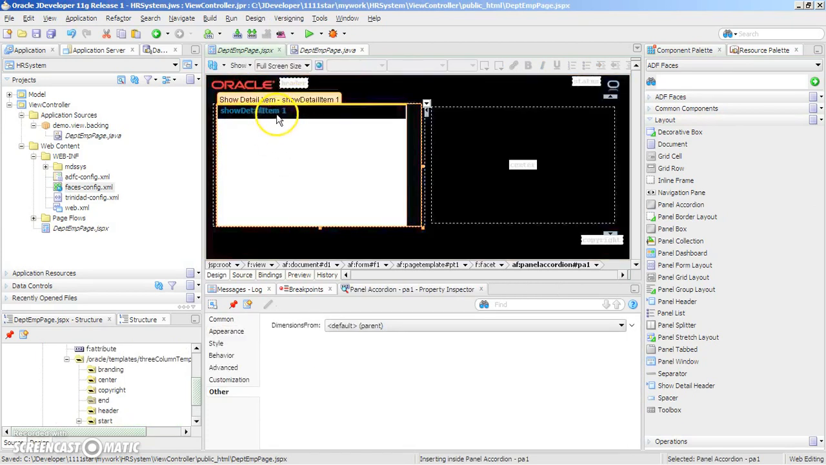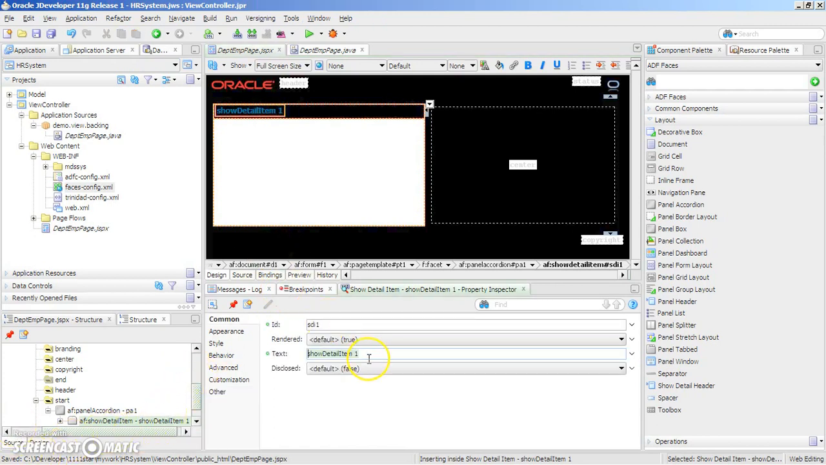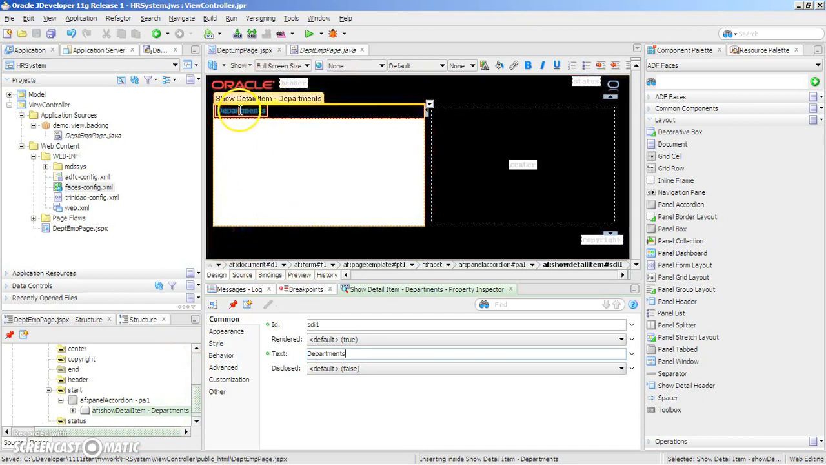Okay, go to show details, text, and rename it. Rename it to departments. So you see here it is renamed to departments,